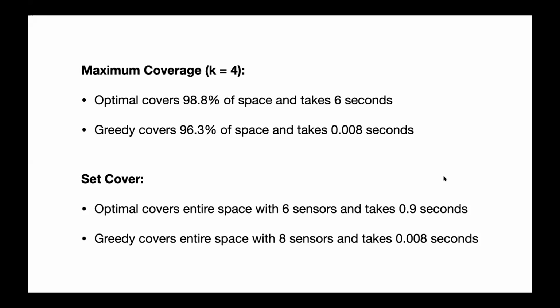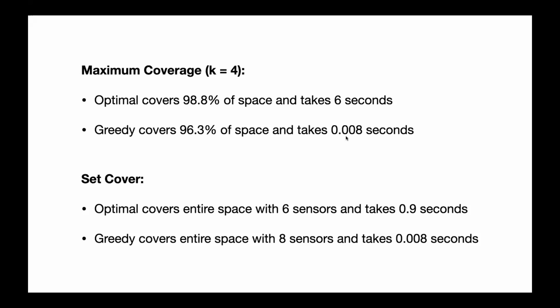So what's interesting is greedy, despite the kind of bad guarantee, actually got almost to the optimum, right? It's covering 96.3% of the space. And what's really interesting is it's running on the discrete problem in 8 milliseconds. So greedy in general, we know scales up really well, essentially linear in the size of the discretization and the number of sensors you want to place. Here, probably it's doing especially well because in our instance, you don't need that many sensors to get really high coverage in the first place.